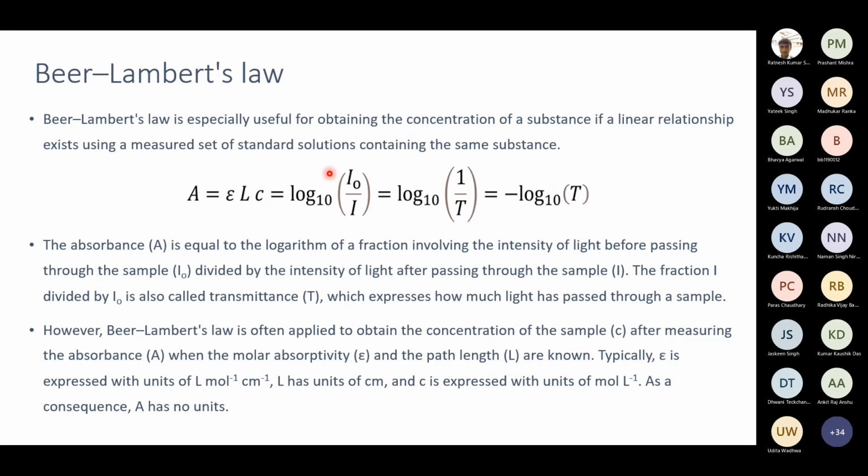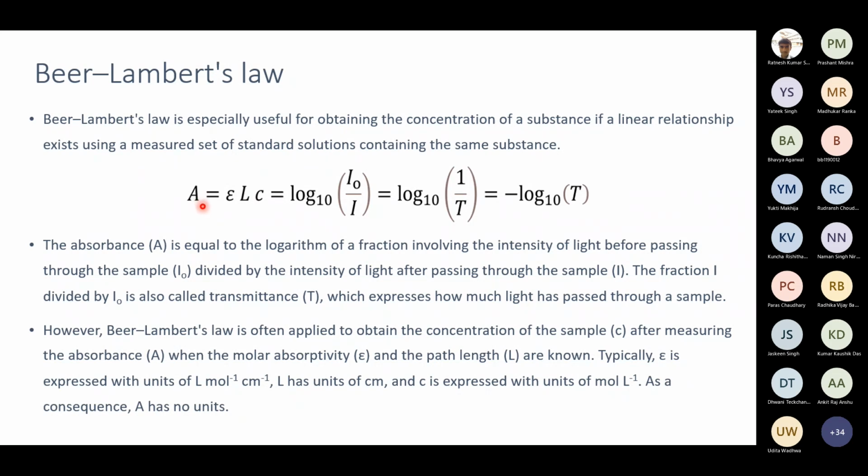And how do we do this? We use a simple law called Beer-Lambert's law. Beer-Lambert's law defines an equation, which is a relationship between the amount of absorbance and the concentration of the analyte in the sample. According to this law, the absorbance of the sample is directly proportional to the concentration of the analyte in the sample. So the greater the concentration of analyte, that is, the more analyte particles, the greater will be the